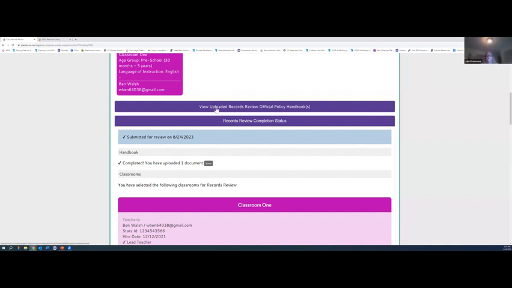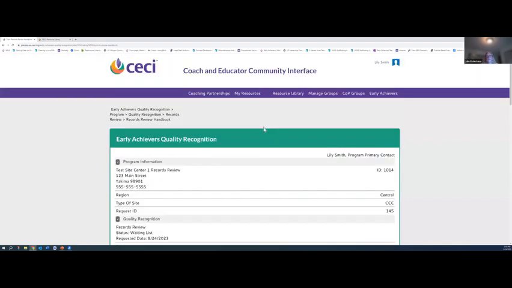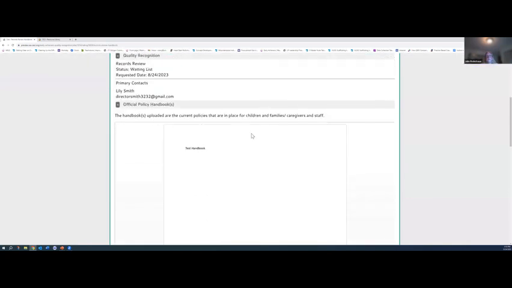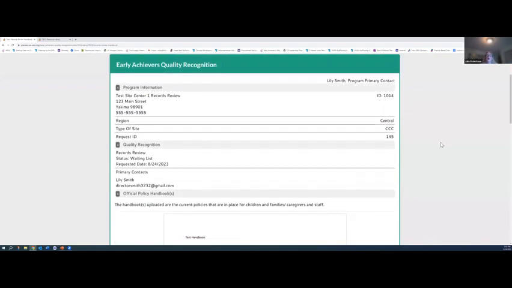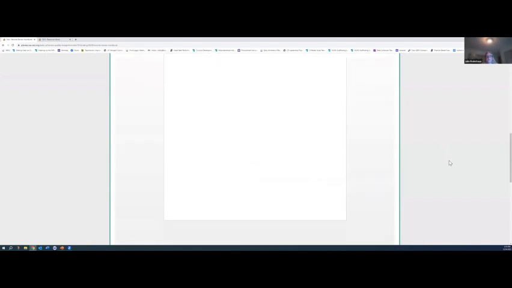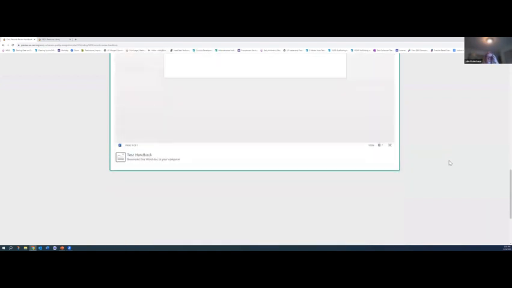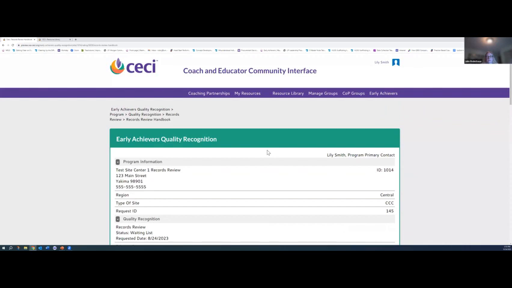Up here it says view official handbooks, but you can submit all the documentation in that same place. And you can submit multiple documents here. I just did one to show how to upload it, but it can all go in that same place. Okay.